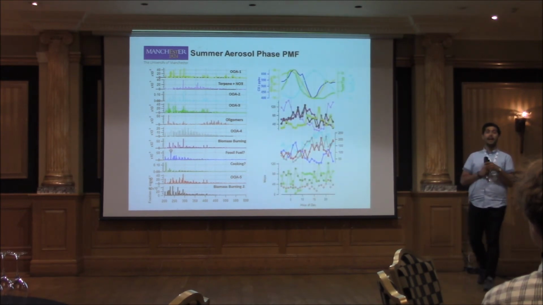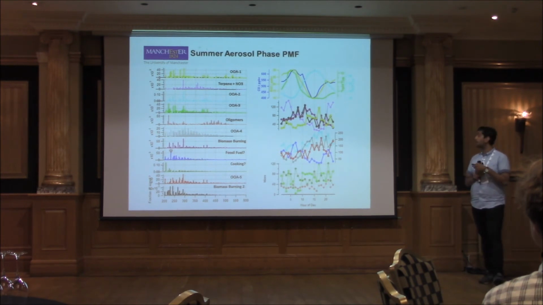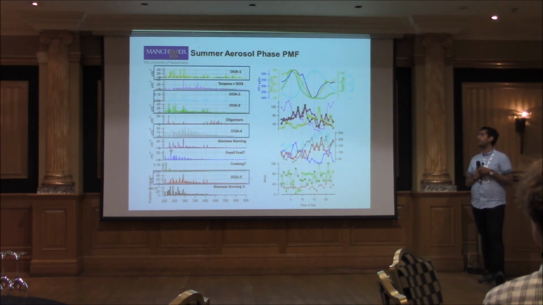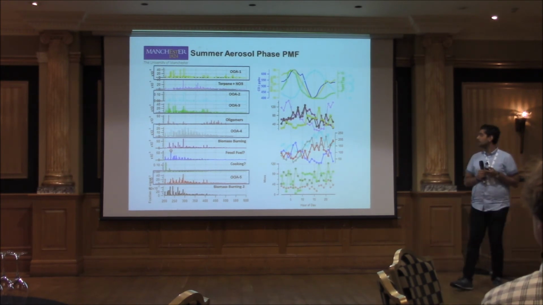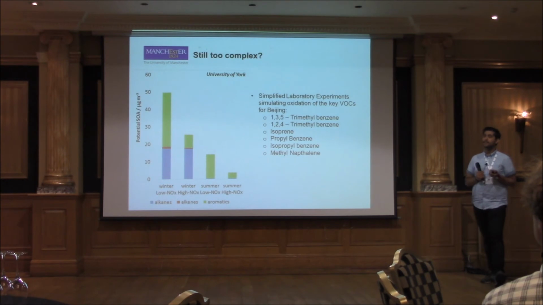We can also see how these vary over time. So instead of looking at how the individual species vary over time, we can look at how the factors vary over time. You can see some of these are peaking in the afternoon through these secondary processes when we've got high ozone and high photochemistry happening at those times. And we've got some nighttime things with this nitrate chemistry that reacts with some plant emissions. But the problem that we've got here is that we've still got all of these oxidized organic aerosols bulked together. So this is still too complex.